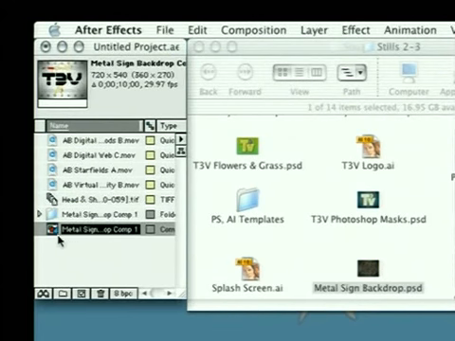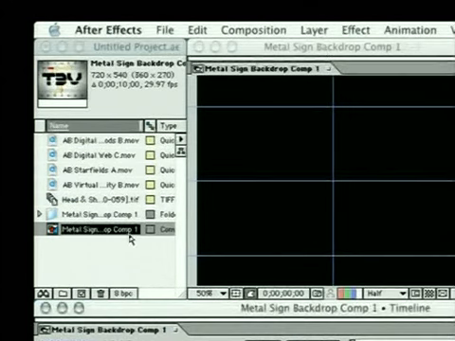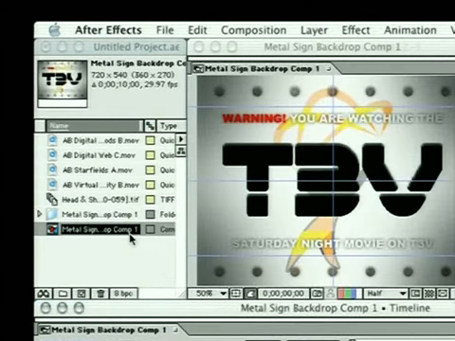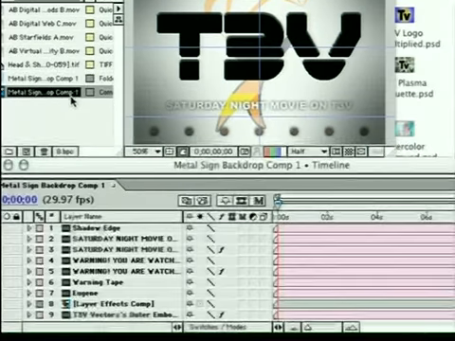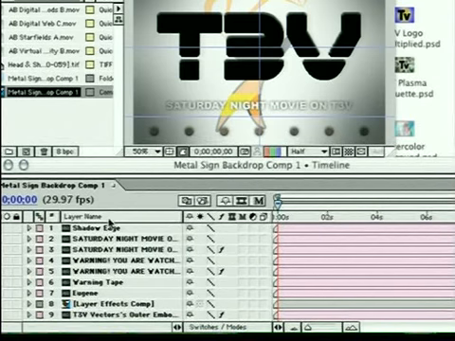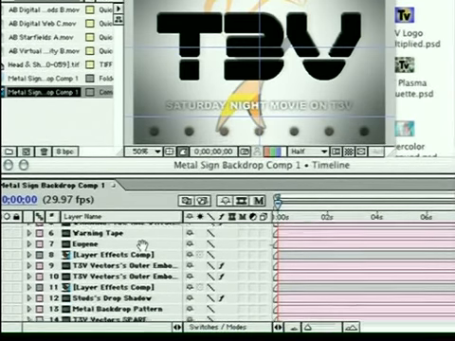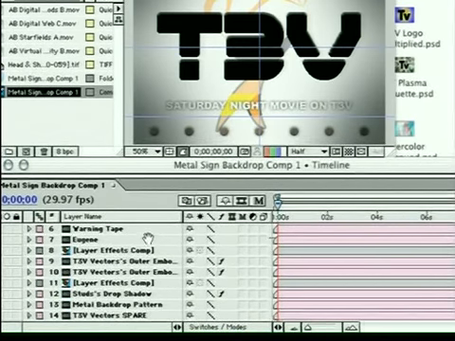And then from the project window, double click to open up the composition, and we'll see that it looks somewhat different to what we just saw in Photoshop a second ago. And that's the reason that I'm showing you this. We can see that all the layers here are intact. I have the same number of layers that I started with in Photoshop, which was 14 of them,